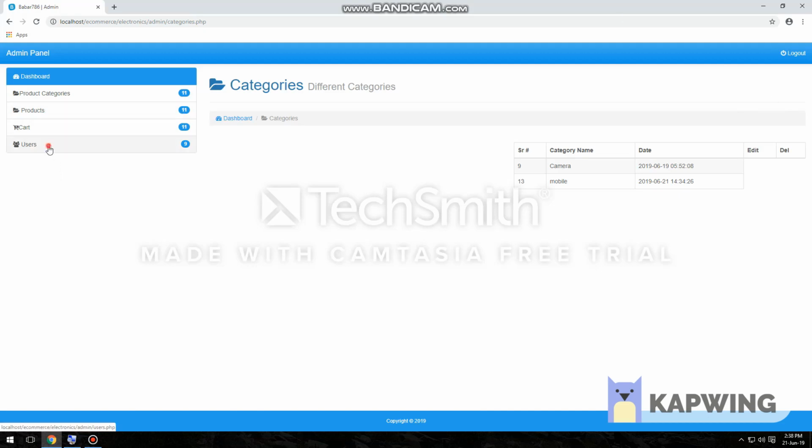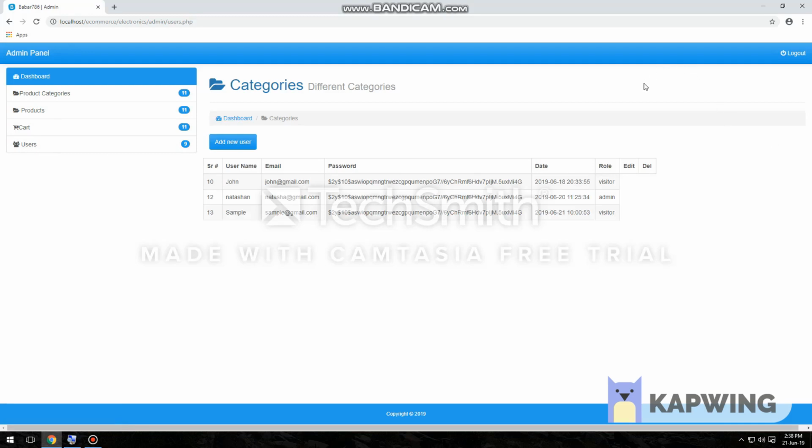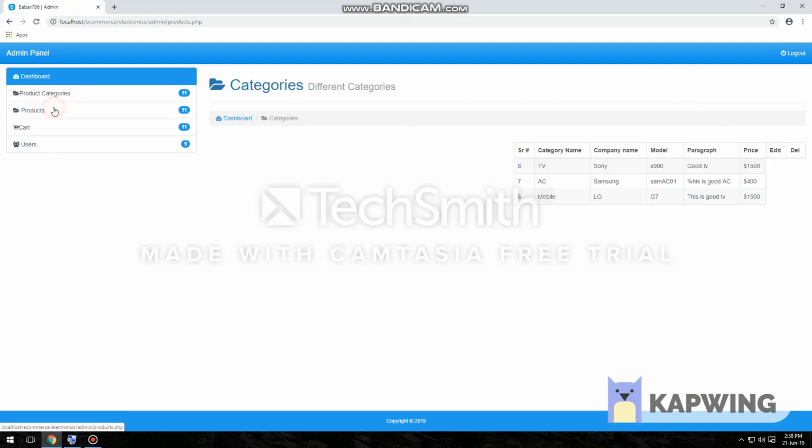And also the users tab, you see I cannot edit or delete here, and also the products tab, see it is hidden. It is actually restricted to the role of the visitor, so he cannot take any action on it, and he cannot